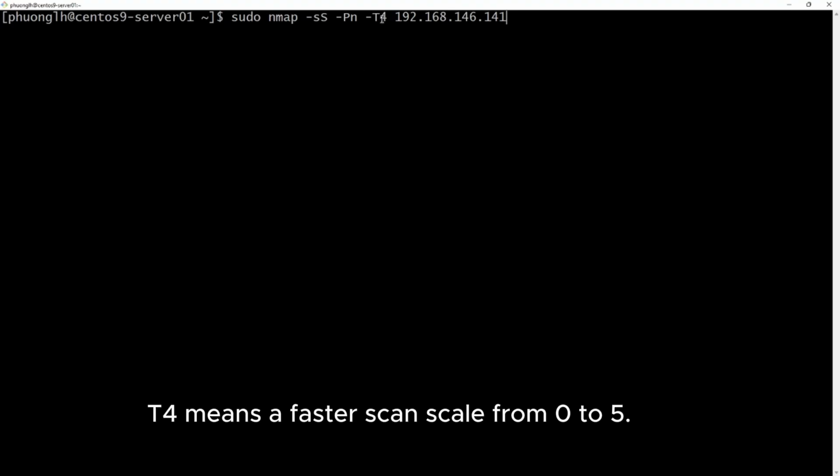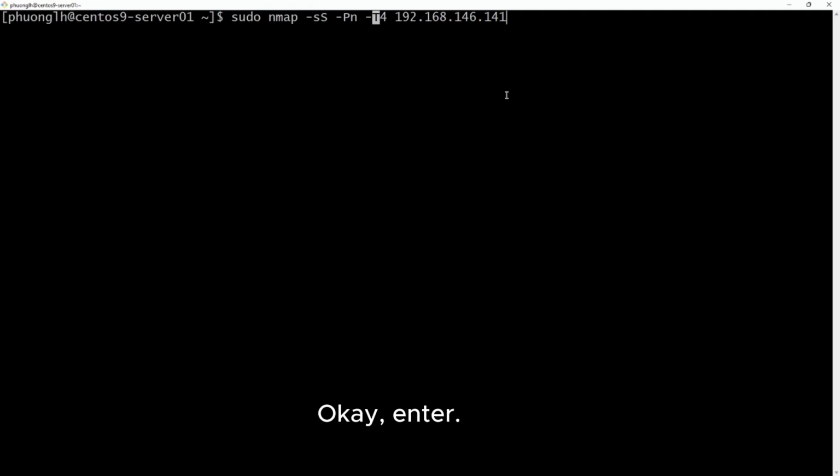Uppercase T means a faster scan, on a scale from 0 to 5. Okay, enter.